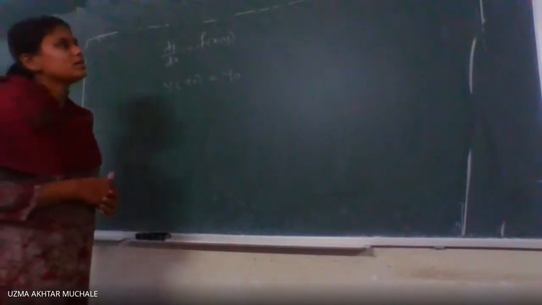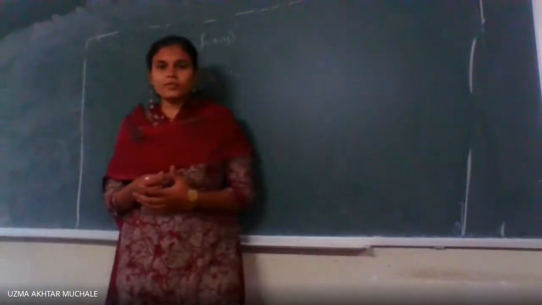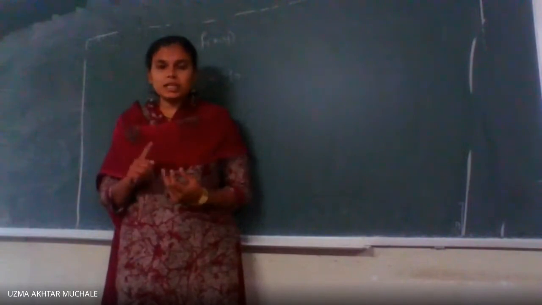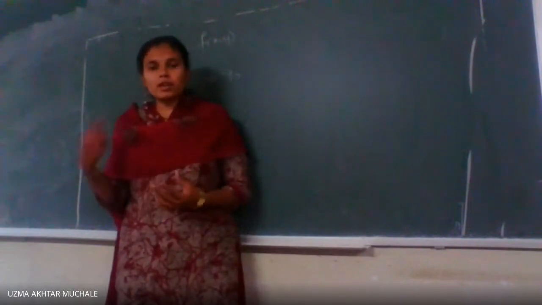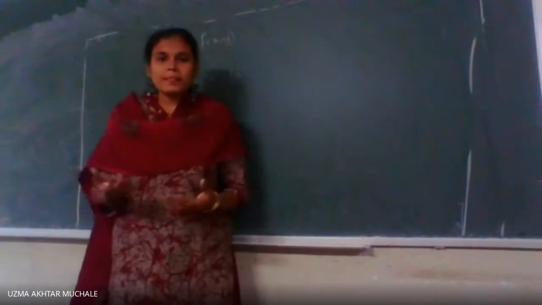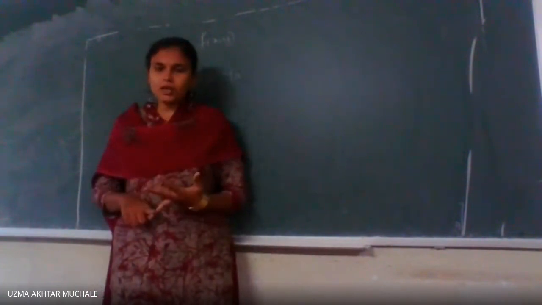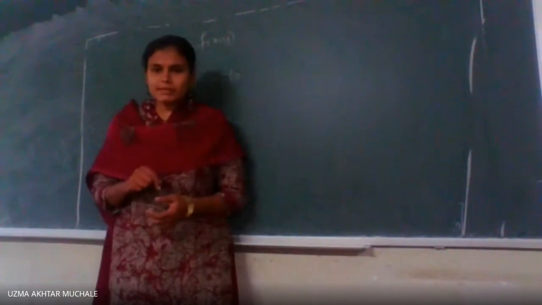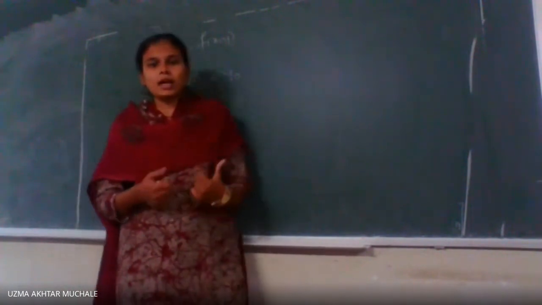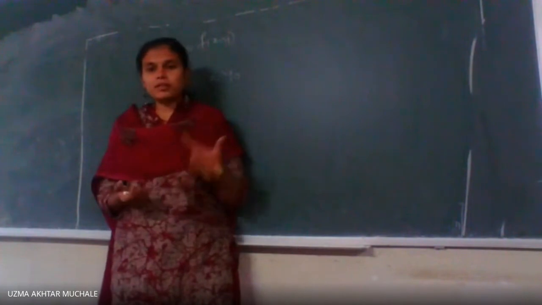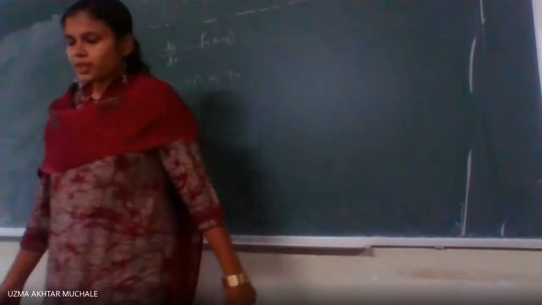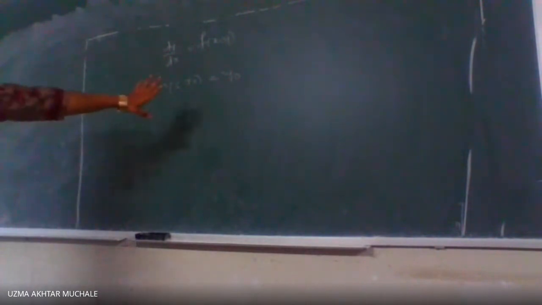This method gives the solution from the set of tabulated values. In this we can calculate the solution of a differential equation by using the Taylor series method. That means we write y in terms of a series of x, that is the Taylor series, and you can calculate by tabulated values. So Euler's method gives the result with the help of tabulated values. So let us go. What is given to us? dy by dx is equal to f of x, y, and y of x naught is equal to y naught is the initial condition given to us.